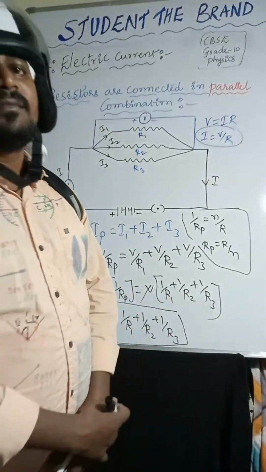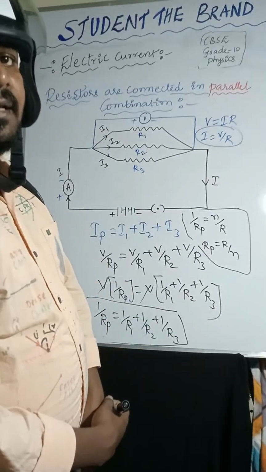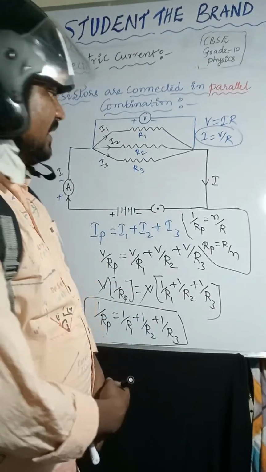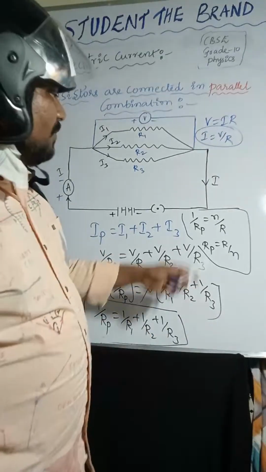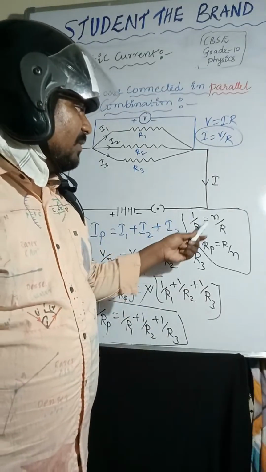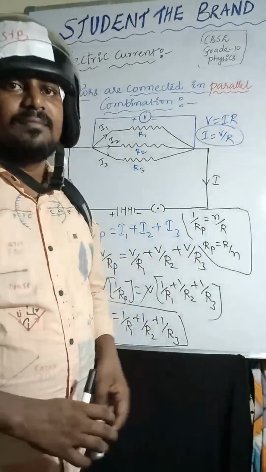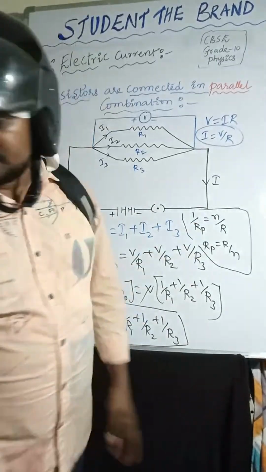This is the formula, right? Yes. So I hope it is very clear to all. And if n number of resistors are connected, 1 by Rp equal to n by R, Rp equal to R by n. Okay, done. Now